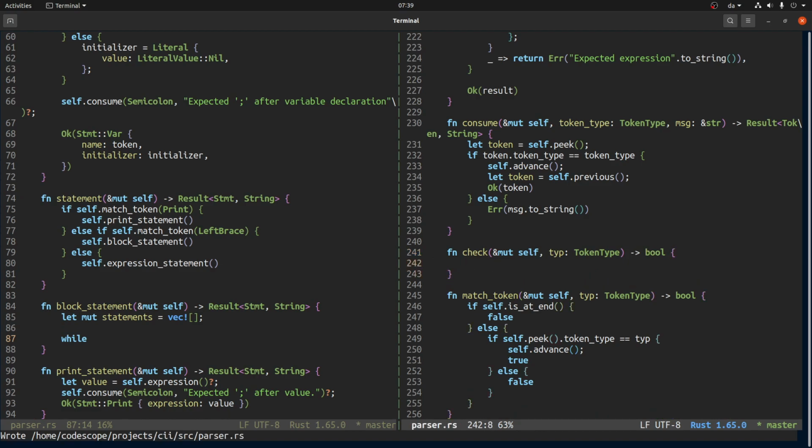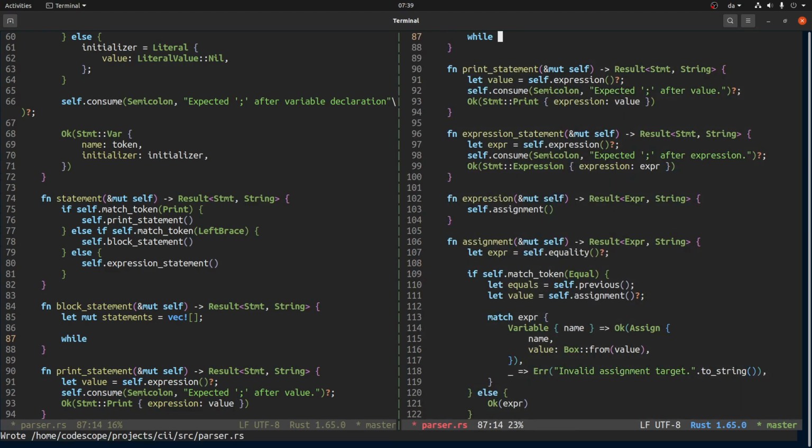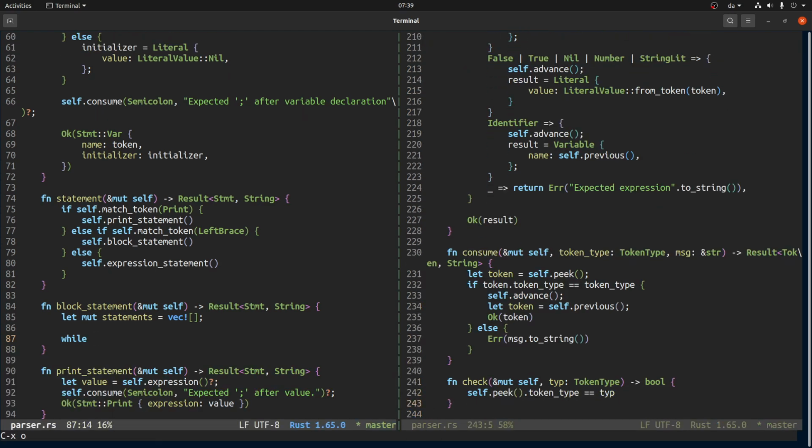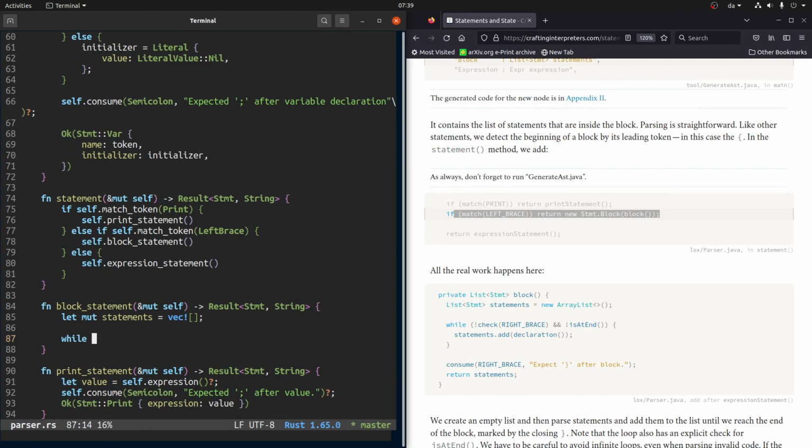So what I want to do is just return, we look at the first token, we look at the type, and we check whether it's equal to the supplied type. So, what did I just do? Okay, so now we can go back and we can say